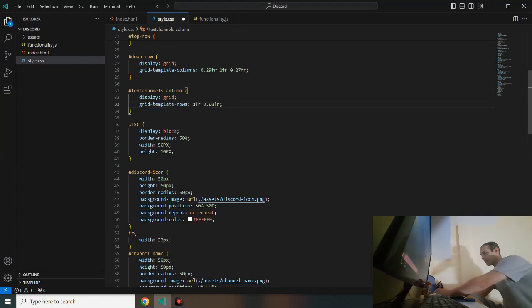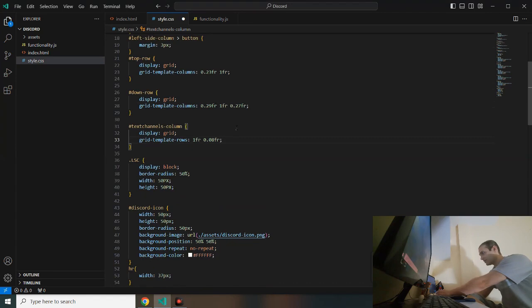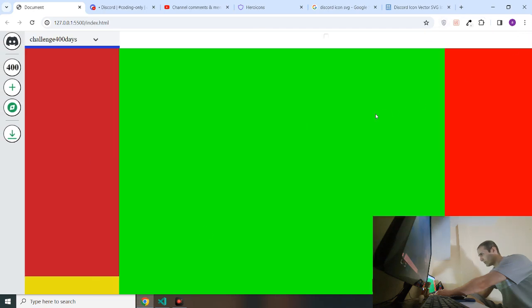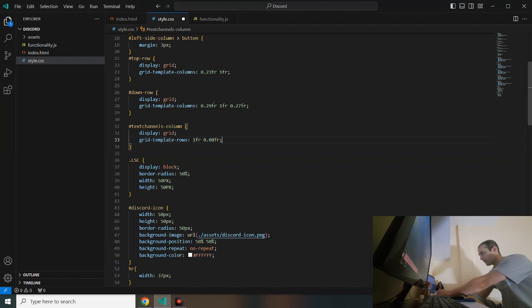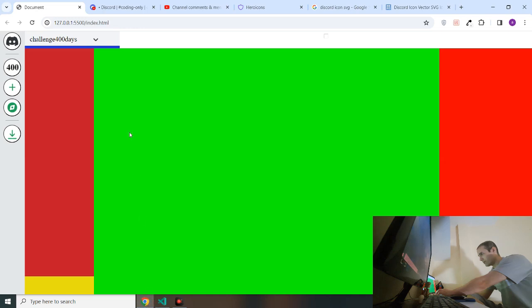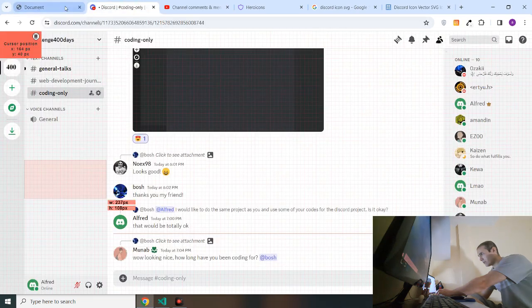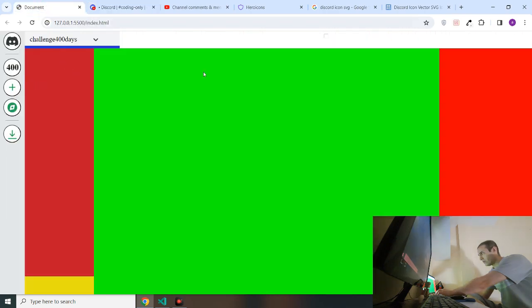Here it is, down row. I was looking for these three fractions. Okay, so let's close the inspect so we don't make the same mistake as yesterday. Let's make this smaller, like the first one should be 20. It's getting too small, I think. What was the size of this? It was 238 or 237, and now